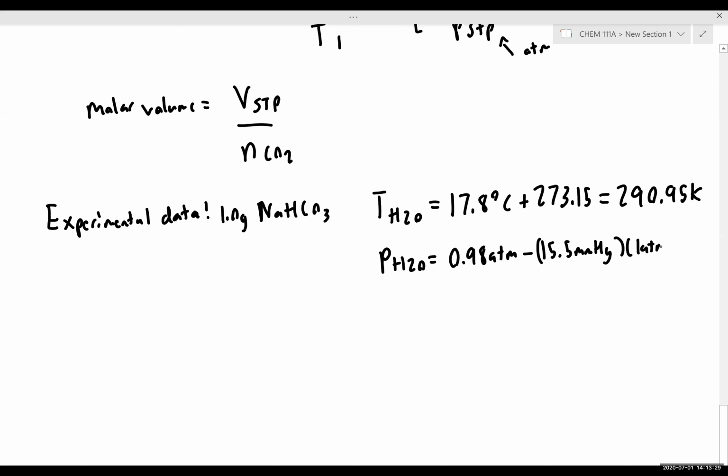We're going to convert that to atmospheres. Oh, sorry, not water. Pressure of carbon dioxide, because we already subtracted the pressure of water. That gives us the pressure of carbon dioxide in this case, if we complete this calculation,